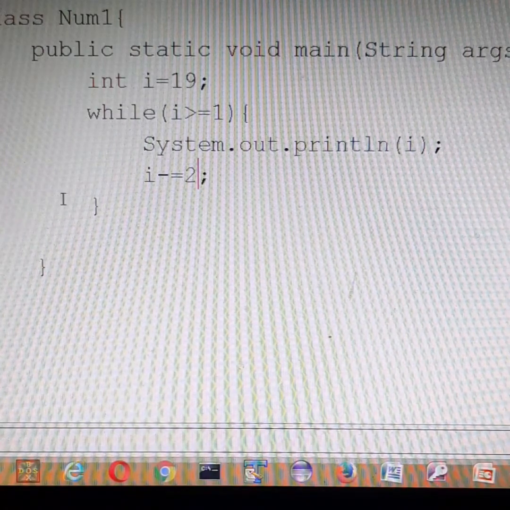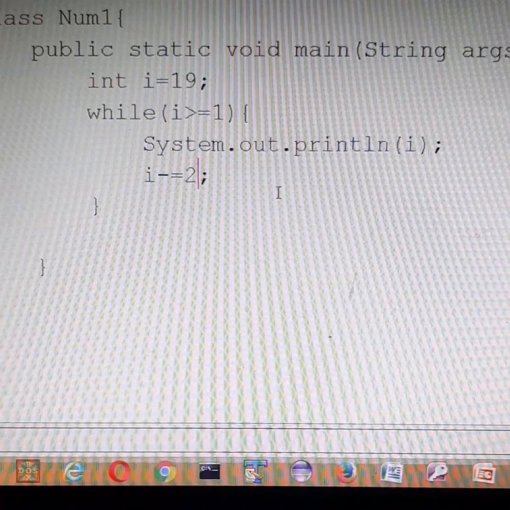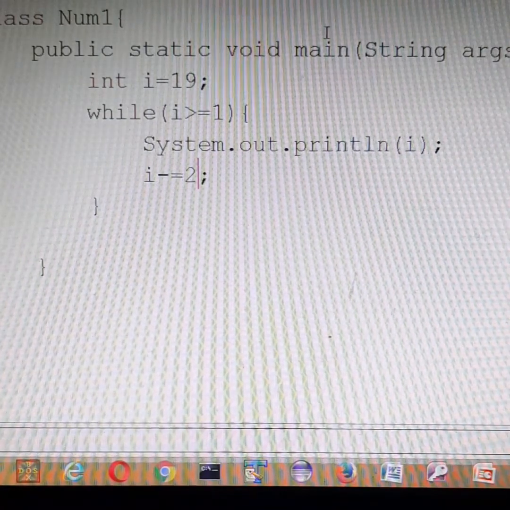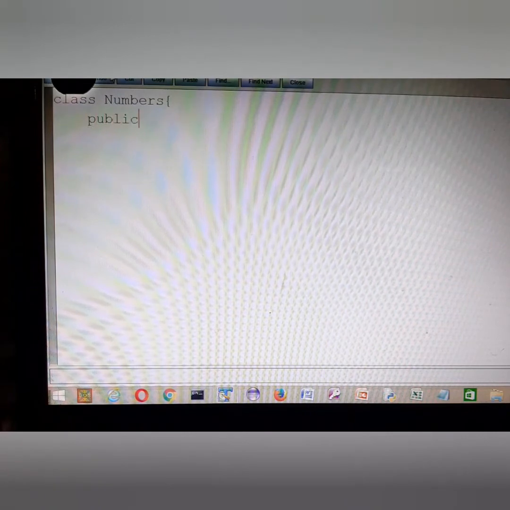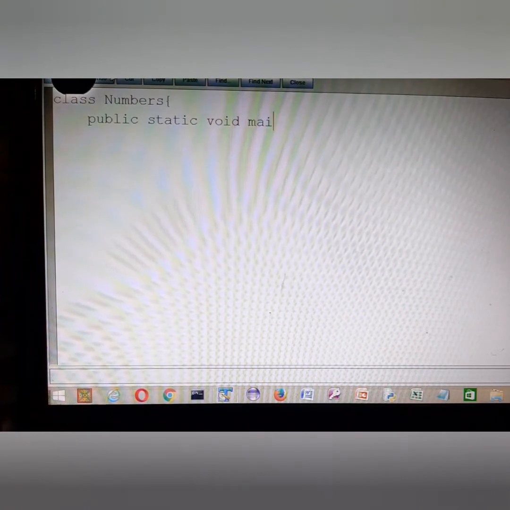Right? So then let's see how to print a table of a number. Let's look at a program in which we have to enter a number and print its table. So to print its table, what we are going to do? We are going to write here a class, public static void main.